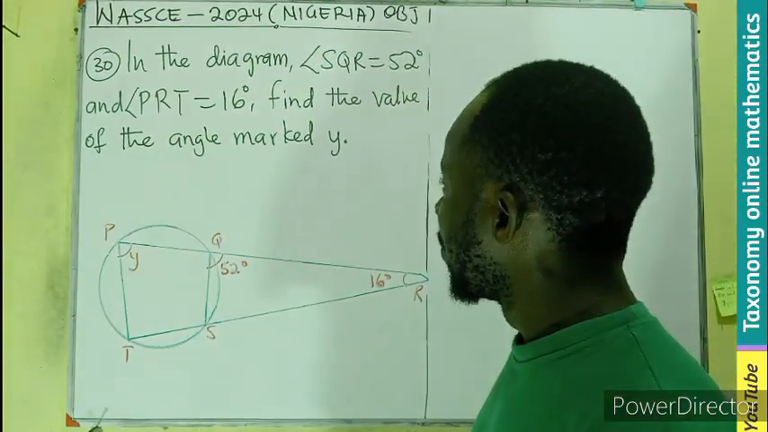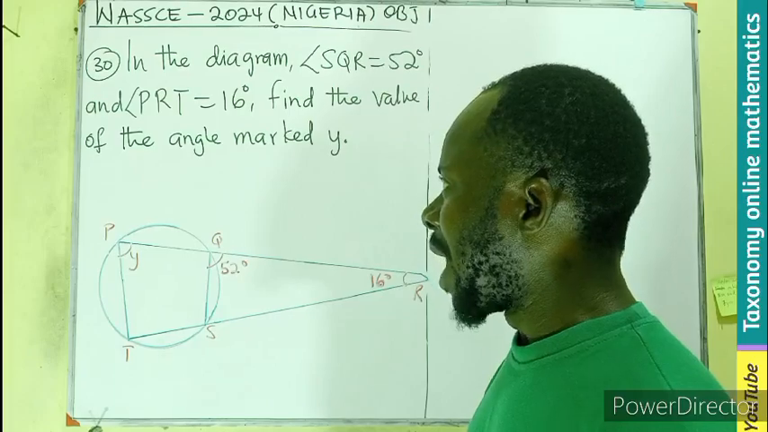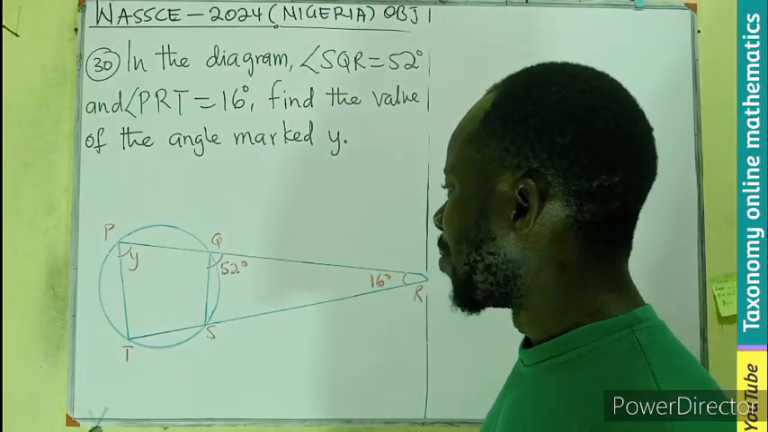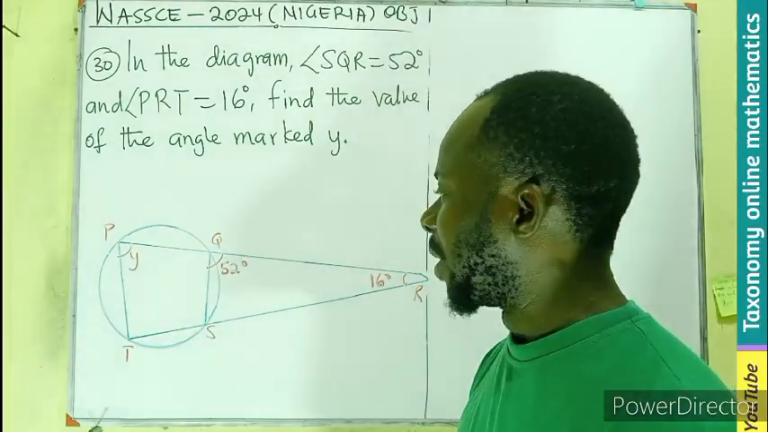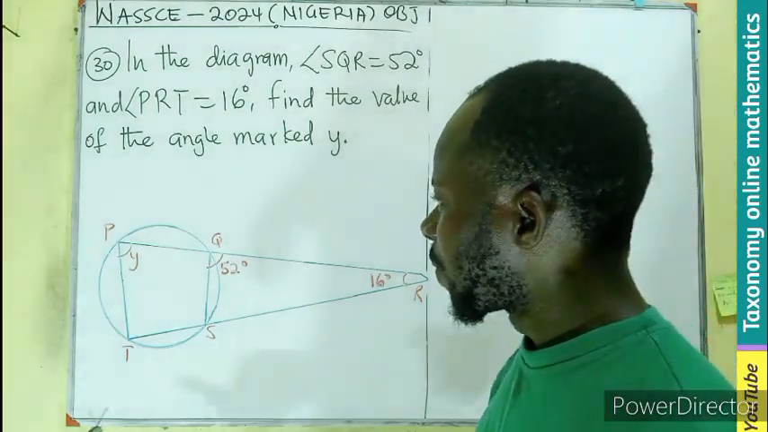So in the diagram, angle SQR is 52 and the angle PRT is 16 degrees. We are to find the value of the angle marked Y, this very angle. So I will just deal with some 2 or 3 properties to arrive at the angle. First property I will be using is, we can see